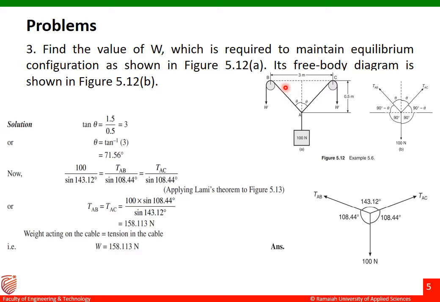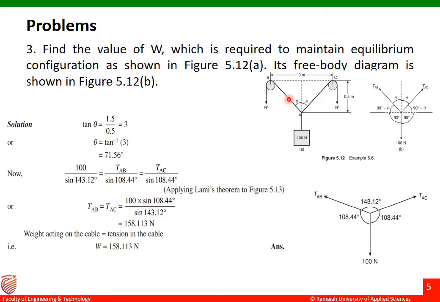Okay, but we know all the other dimensions here. Okay, from B to C it is 3 meters, and then height from this point A, if you go vertically up till B or C, it is 0.5 meter. Suppose if we consider this triangle, that is B to this point and then to this point A. So this is my a triangle, the right angle triangle. So this is my theta. Let us find out the answer for theta.